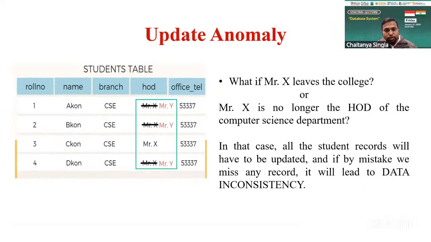Second is the updation anomaly. Suppose the HOD leaves the campus, or is no longer the HOD. The position of HOD will be taken by Mr. Y. So we have to update all the entries in the table where Mr. X is present as HOD. Let's suppose we have 100 values, and out of them, by mistake, we miss one entry. It makes our data inconsistent,